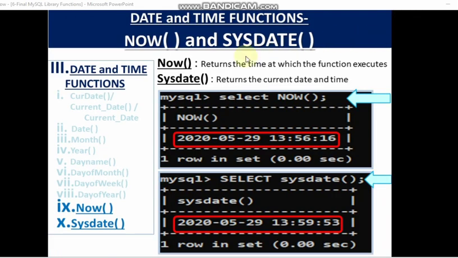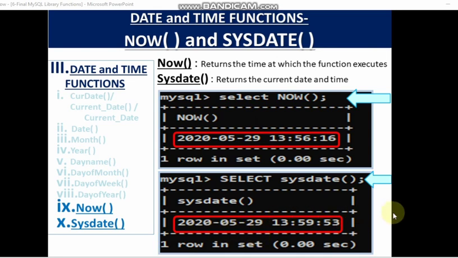Now, now and sysdate. These two date and time functions return the time. Now returns the time at which the function executes, and sysdate returns the current date and time. See, now it has returned the date as well as the time. Sysdate also does the same thing, date and time.